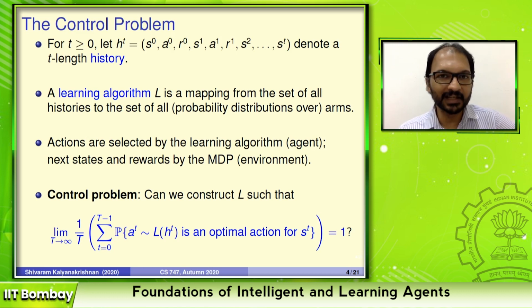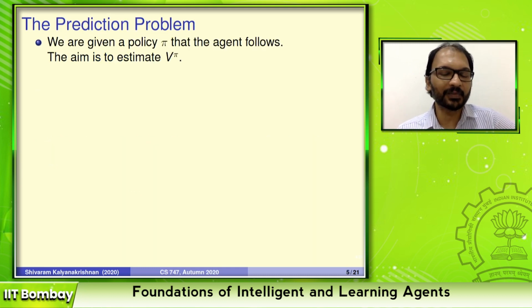And for understandable reasons, there is a second problem, which is arguably an easier problem. That's called the prediction problem. And almost always you'll look at prediction before you look at control. Prediction is usually like a stepping stone to control. We have presented these in the opposite order because control is eventually the problem we want to solve. Prediction is usually a step in the way of doing control.